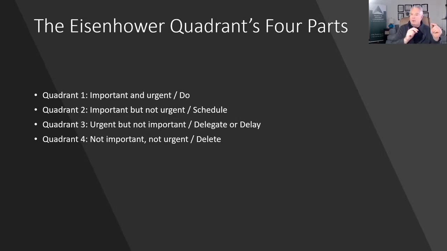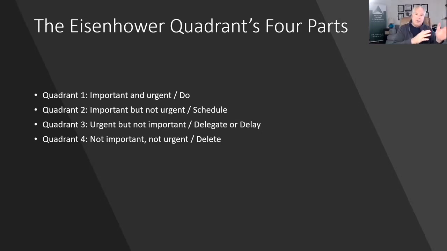Quadrant two, important but not urgent. Those are the longer term things. They don't have to be done right now, but they have to be done. That's where you have to start scheduling. That's the concept of time blocking. That's where you need to take an hour or two over several days, put it on your schedule, treat it like a doctor's appointment. It's always the way I've reminded myself: I got to treat that time like going to the doctor. I don't miss many of those appointments, if any. And so you've got to treat that with the same level of importance and urgency.